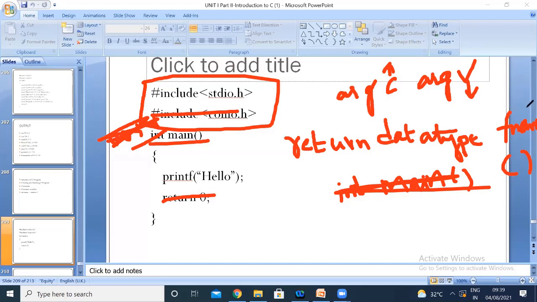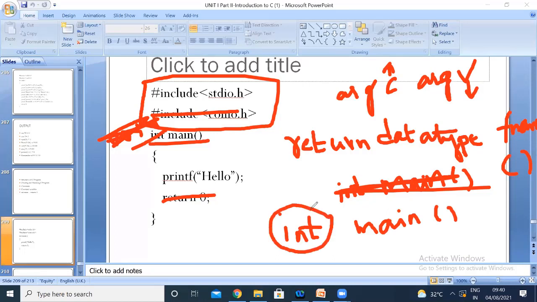For any function, remember you will have a return data type, then you will have the function name. In parentheses, you will be passing the arguments. Now, return data type. If you see this particular function int main, what is the return data type here? Int is your return data type. What type of format does your function have to return? Integer format. Then you have the function name, that is main, and then you have parentheses. What are these parentheses? Parentheses are where you are going to pass your arguments.